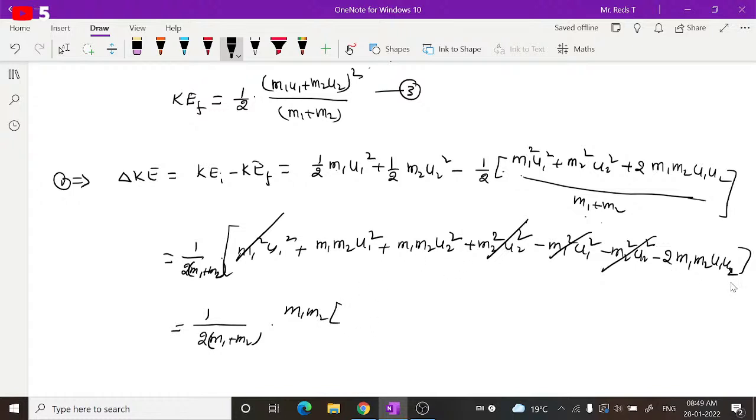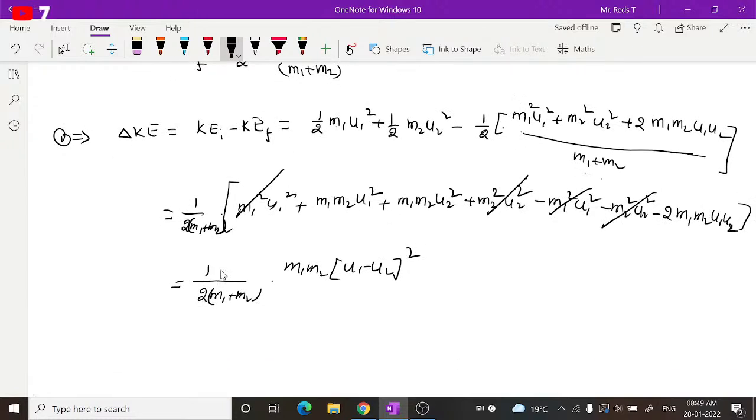again u1 square plus u2 square minus 2 u1 u2, it will be in the form of a square plus b square minus 2ab. So you can write it as a minus b whole square, that is u1 minus u2 whole square, right? In this way you can write. Now simplifying this further you will get delta KE, loss of kinetic energy, can be expressed as,